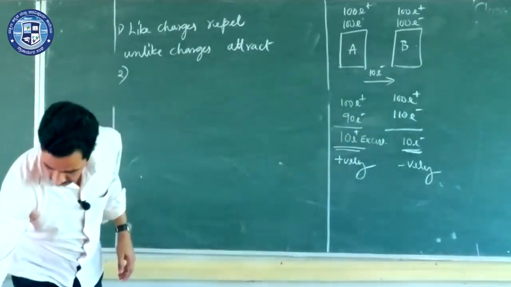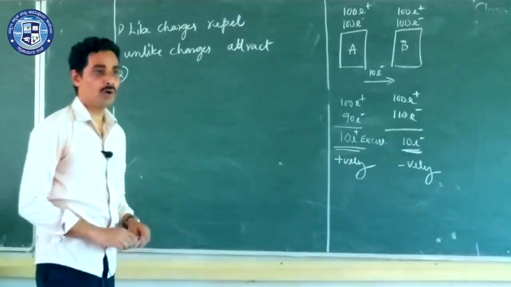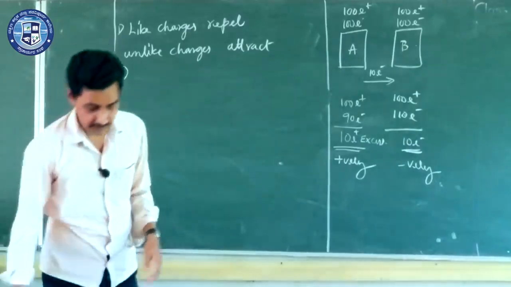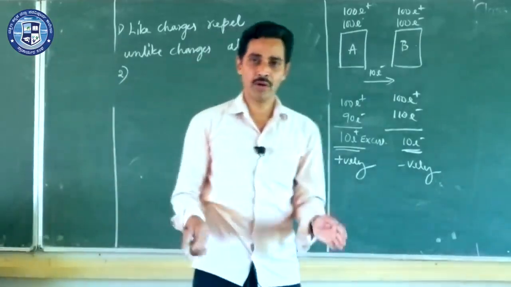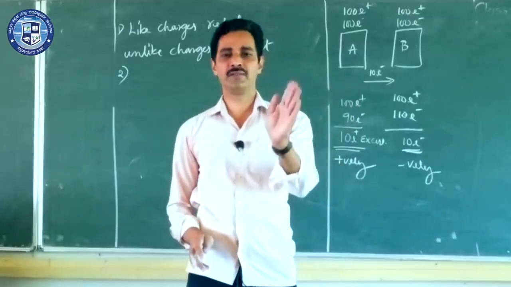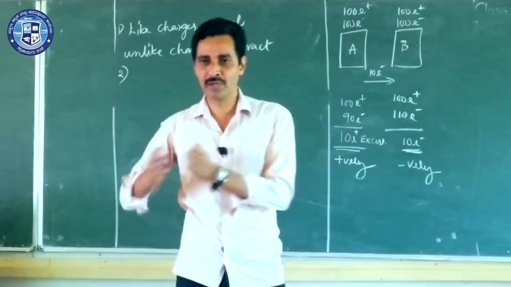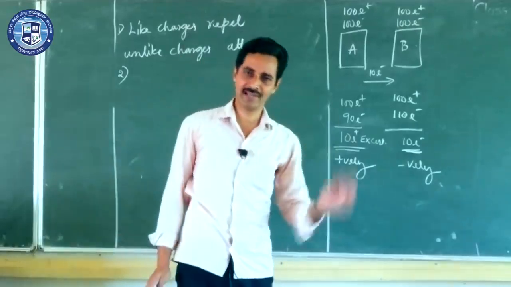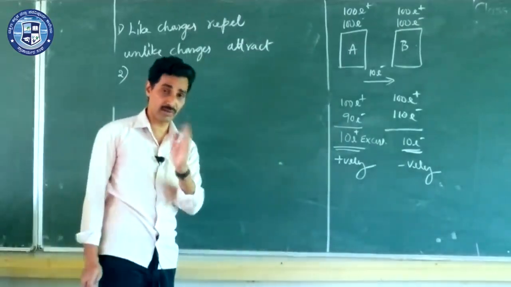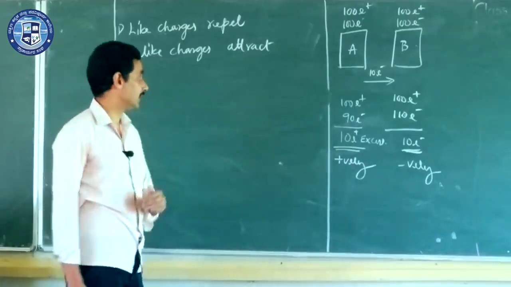Now, when you charge a body, you know how to charge a body now. What is the method of charging a body? You must go and request electrons. There is no other way. You can't request protons. You have to request some electrons to move from one body to another. So you can charge a body. There is no other way because protons cannot be removed so easily from the nucleus.